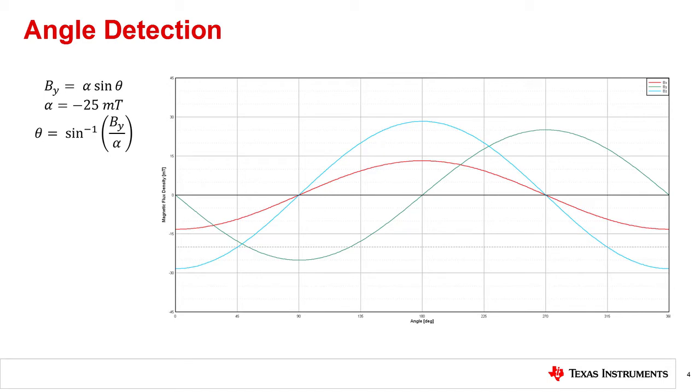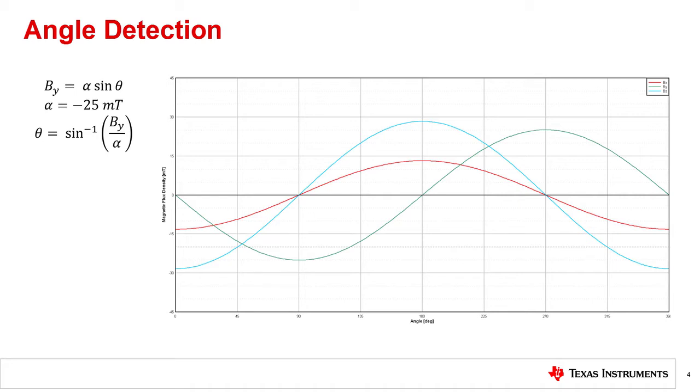When we know the amplitude of the expected magnetic field, we can estimate the angle based on the expectation that the output is equal to the sine function with an amplitude represented here by alpha. For example, when we look at the plot representative of actual components from a real magnet, we might consider the